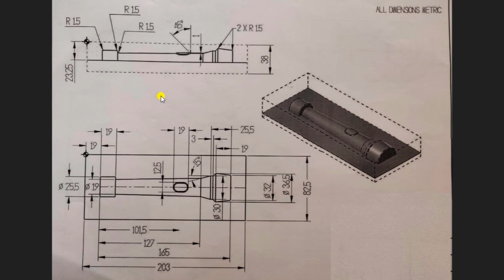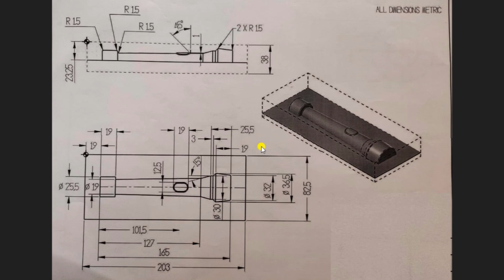For creating that part, first we have to create all the 2D entities as per the drawing. As you can see in the drawing, all the 2D entities are very simple and easy, and you can easily create all of them with the help of wireframe commands. I will explain how we can prepare the surface model for that part, and in the next videos I will also discuss how we can create the manufacturing for that part.